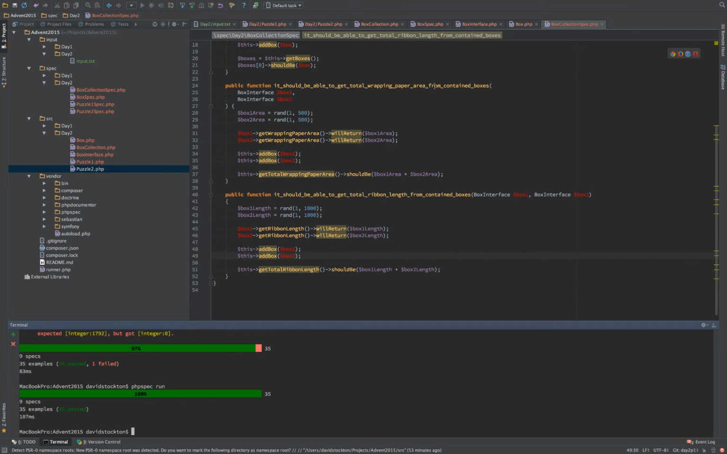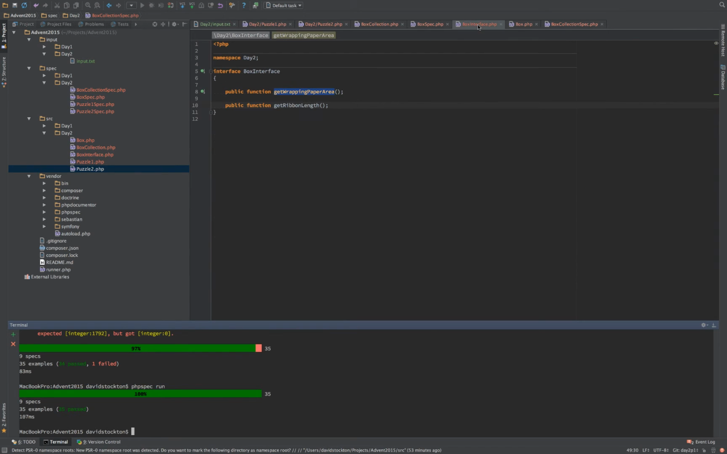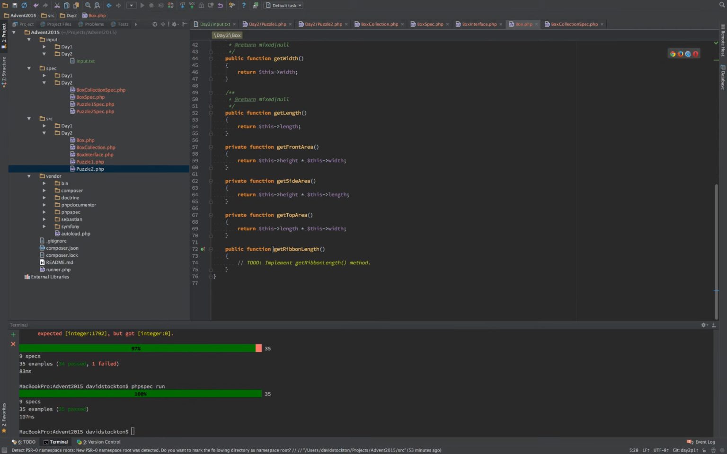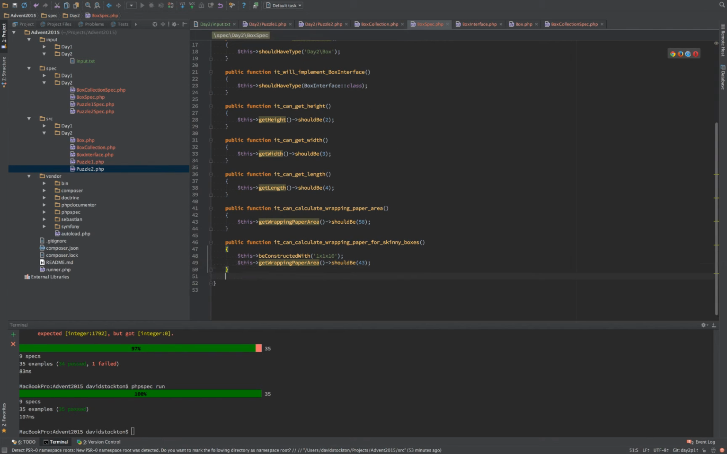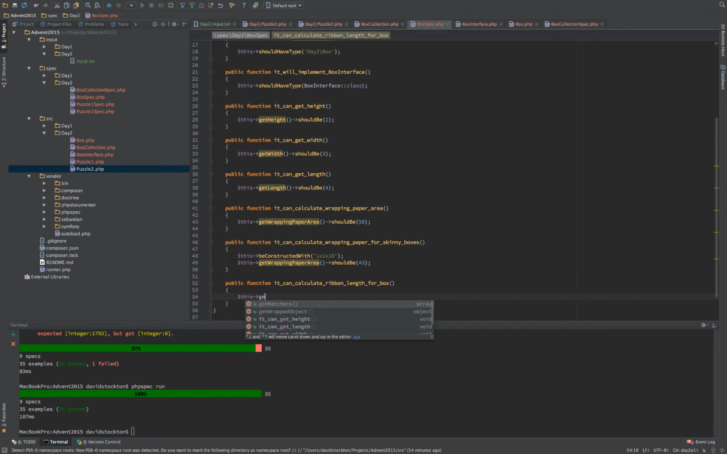What we don't have yet is all of our box implemented. So our box interface says we've got a wrapping paper area and a get ribbon length, and we need to implement this guy. But in order to implement this, we need to have some tests. So we're going to do it can calculate ribbon length for box, and we'll say this get ribbon length